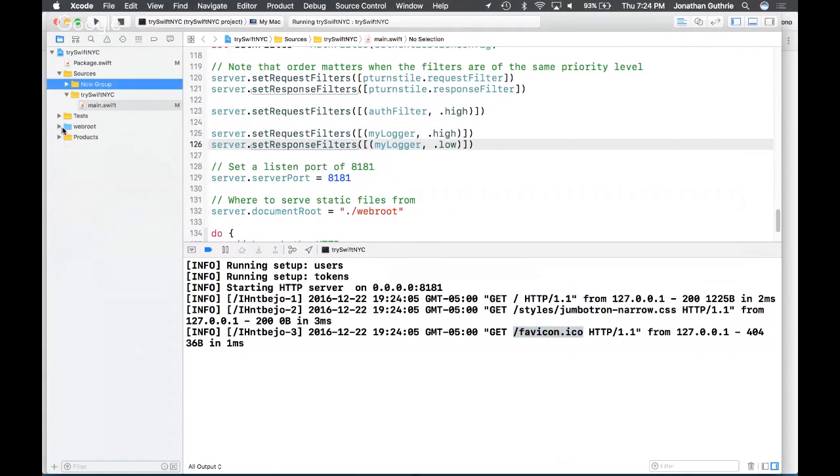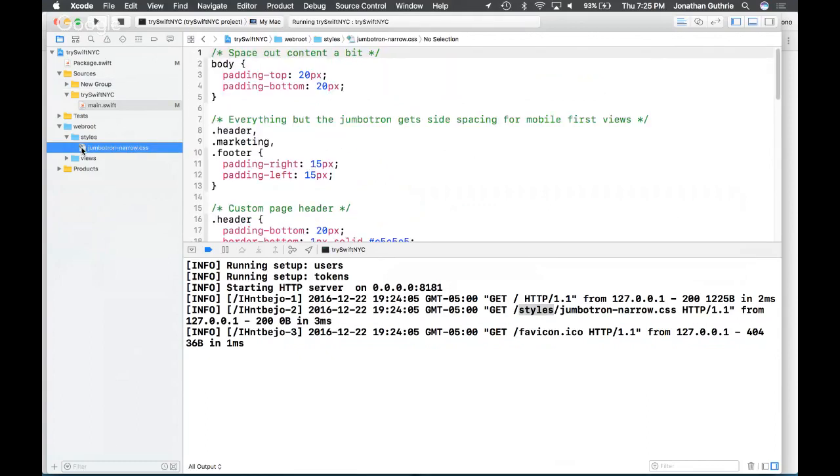Now, the reason why I set the current project working directory was because I wanted to give it access to my web root. Okay, now you see there that it actually had the styles. That's because it's looking for web root, which I defined here in my document root, and inside web root files, it's looking for that CSS file.